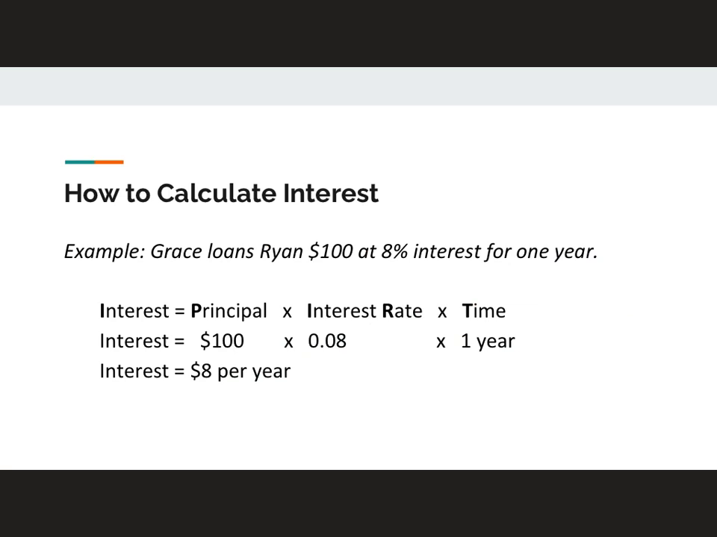Alright, so here's my example. If I need $100 and Grace loans me that $100 and she feels that 8% is fair and I agree to that, here's how it's going to work. The principal is that $100 loan. The interest rate is that 8%, and remember we translated that into decimal form. So 8% turns into